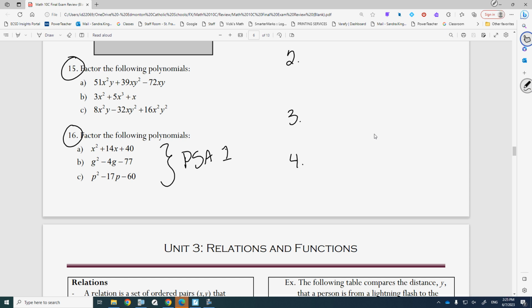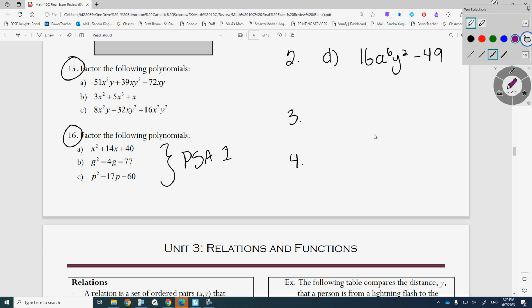And the one I want to do with you is D, 2D. So it's 16 a to the 6 y squared minus 49. Two terms separated by a minus, it's going to be a difference of squares. I can't GCF anything out of here. So we would set up our two brackets,